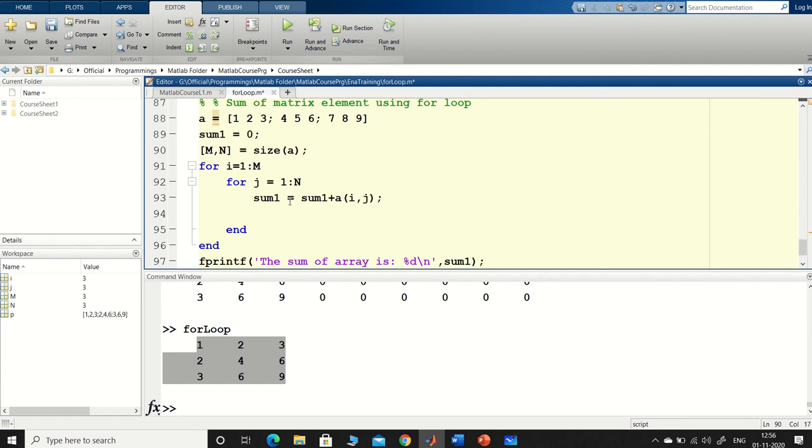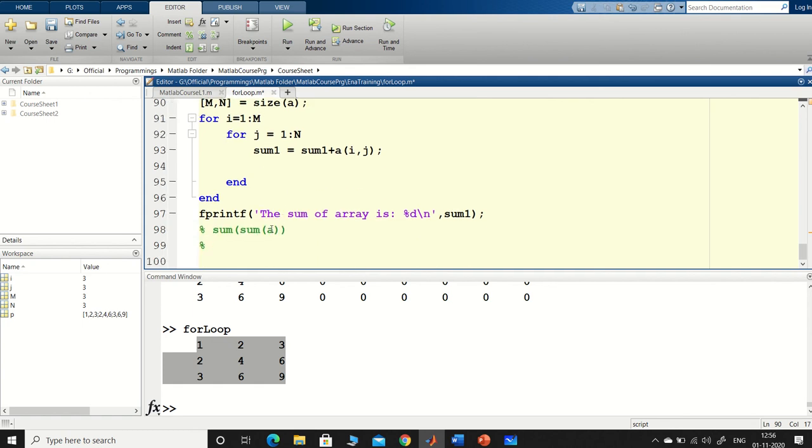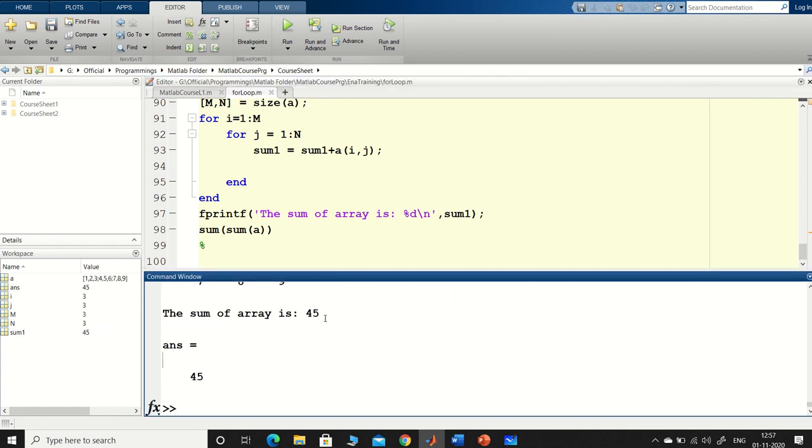So A(i,j) will be added each time, and then you will get printf sum of array is sum1. If you want, you can display using your built-in function also. So first it will add all the columns, and then if you sum again, all these columns will be added again and give you the answer. The sum of the array found by sum1, which was the for loop, was 45, and the built-in sum is also 45.